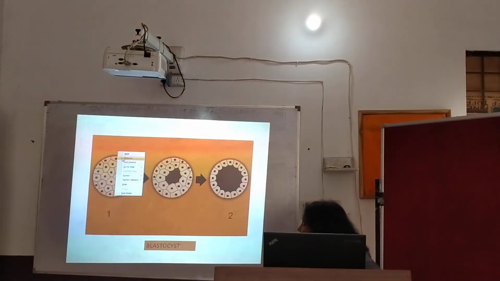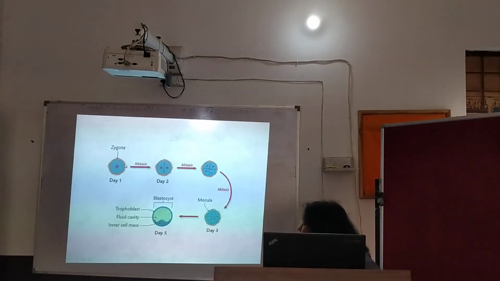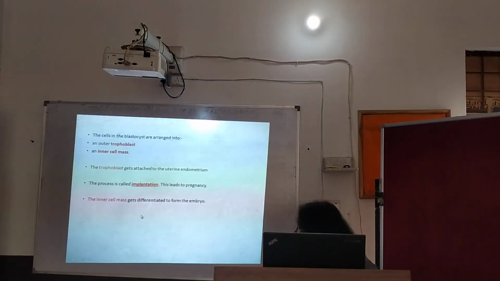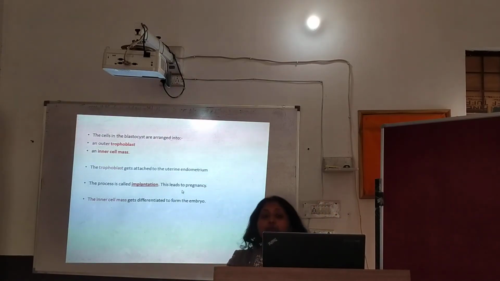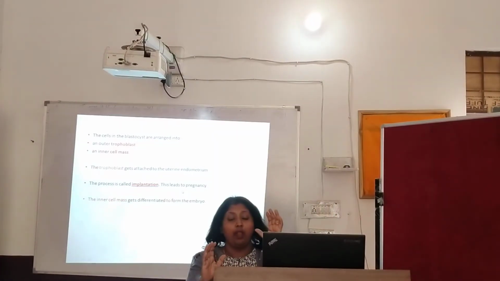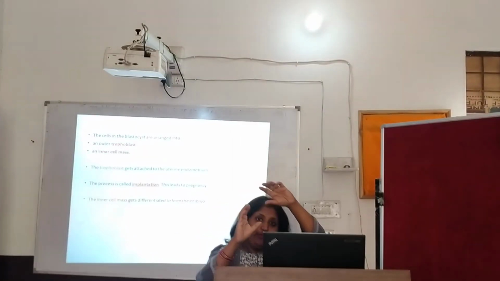So let's move to the previous one. I'll show you this. So here, at day 5, the blastocyst contains what? The trophoblast and inner cell mass. The trophoblast gets attached to the uterine endometrium. Now this trophoblast will move from the